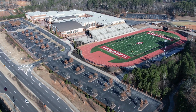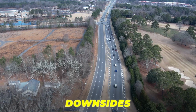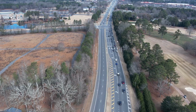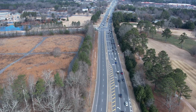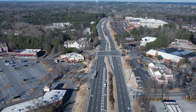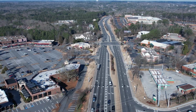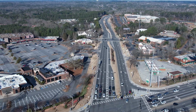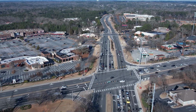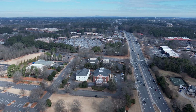And while there are some really great things about moving to this city, there's also some downsides to moving to the city. One of those things is the fact that it's so far from any of the interstate access. And so if you are living in Johns Creek and working in Atlanta, and you're making that commute regularly, it's not that Johns Creek is very far from Atlanta, it's that you don't have easy access to the interstate. And the interstate is the main way that many of the residents in the suburbs get to the city of Atlanta. So you kind of have to use some of these back roads to get to the interstate,